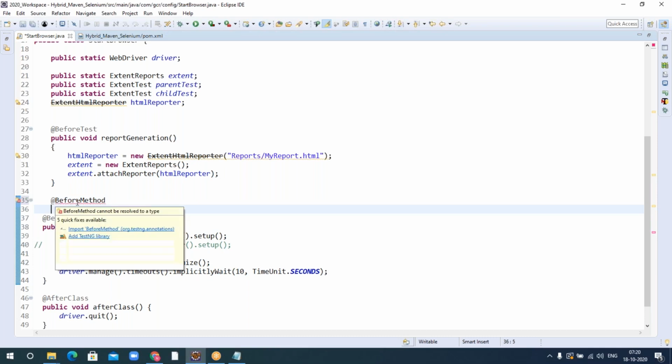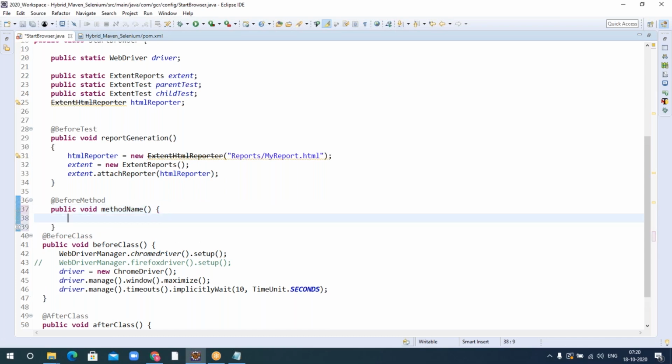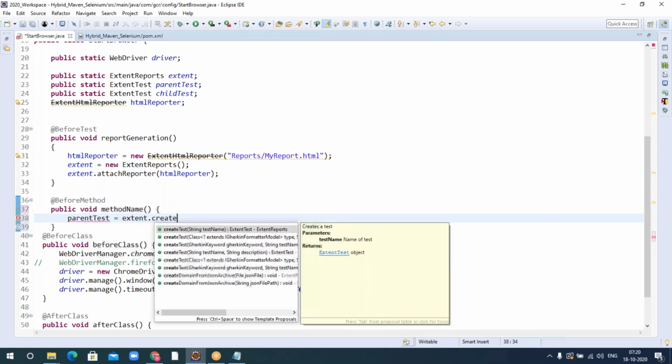We just need to import the package related to this before method. So public void method name. You can give any name for this method. So I'll say test equals extent dot create test.